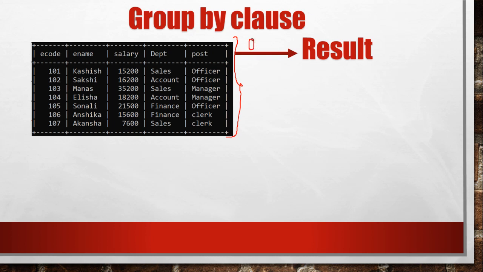So what we have to do is write a query or select command, and then we simply get the result from this table directly. What we have seen till now is that the table is there, we write a query on that table, and this query gives us the result which is required by us. Let's see one thing.